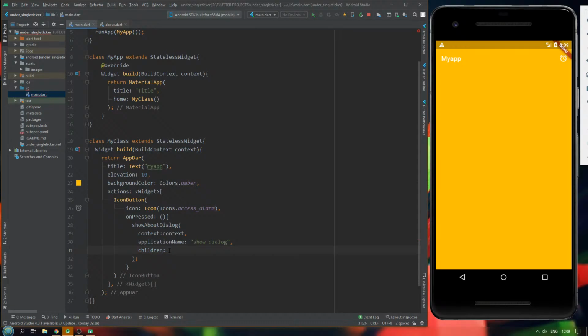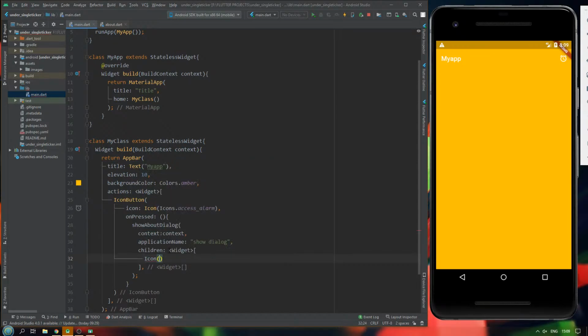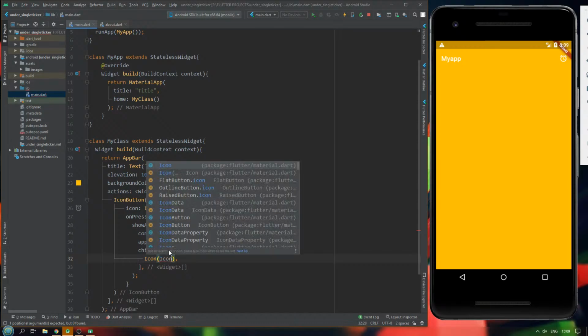So I'm not really sure what kind of widgets can be placed in it. Let's see. So let's try to do one thing. Within it, let's try to make an icon, just an icon, a simple icon, and a simple icon can contain icons dot